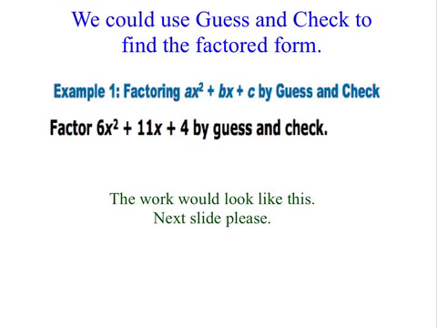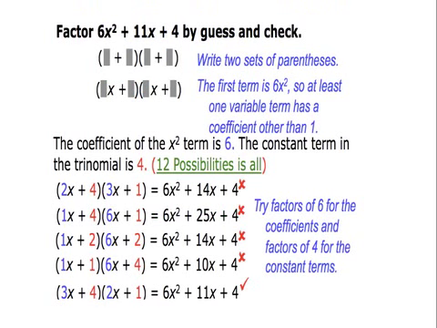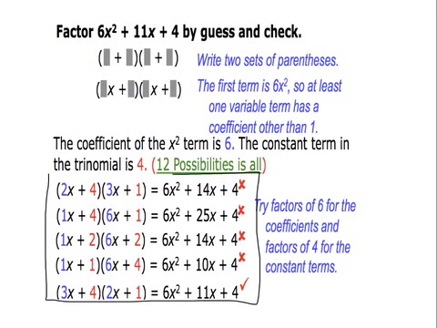Now, there's a couple ways of doing this. The first one is called just a guess and check method. And if we were to use the guess and check method, we would have something that looked like this. You would need to write down all these different possibilities, and then you would do your rainbow method here, your rainbow here, and you would see which one worked out. And of course, you would find that the first one here did not work, okay? Did not, because this was not equal to